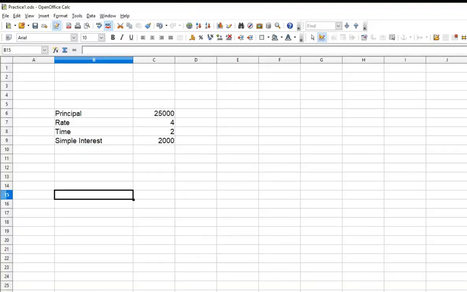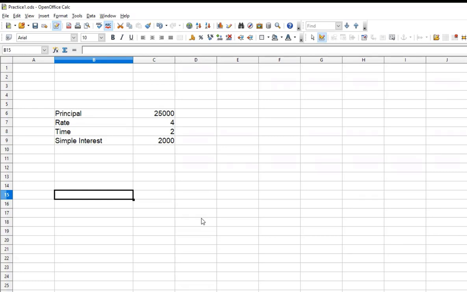Let's move on to the next one. The next one we have is goal seek. What is goal seek actually? So I've just taken one example over here. What goal seek does is it's a tool which is going to help you, as the word indicates, seek a particular goal. You are setting a goal, and how do you reach that particular goal?